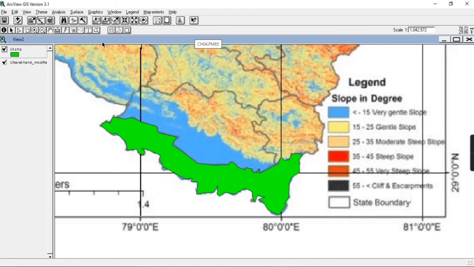So now we have to digitize the other districts. For digitizing other districts, we have to use this append polygon feature. So how can we use it? We will use it by starting the digitization from the previous district.